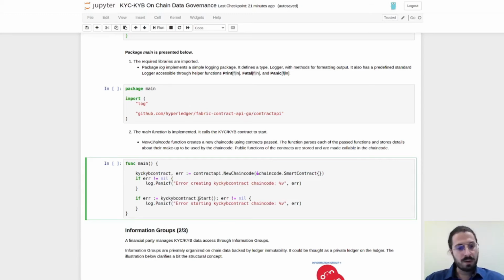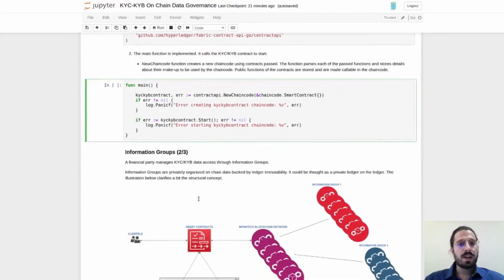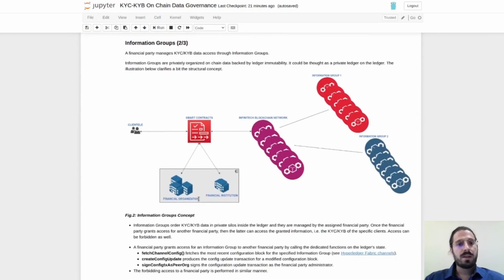Now we can move on to the information groups, and as we mentioned before, the information groups are what we call this concept that we have a private ledger inside the blockchain network of fintech.